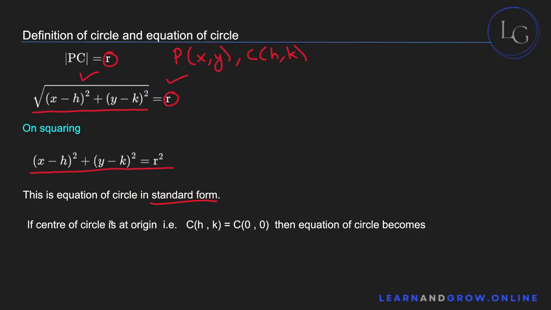And if the center of the circle is at the origin, so the x value is 0 and the y value is 0, then this equation becomes equal to this, right? Because if this h over here is equal to 0 and this k over here is equal to 0, you eventually end up with this equation,